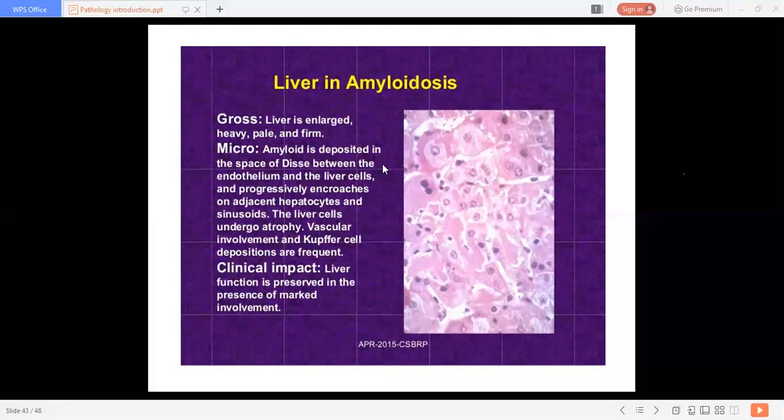The deposit starts from the mid-zone of the lobule and then appears in the space between the sinus endothelium and the liver cell. So the deposits start from the mid-zone, the mid part of the lobule. You can understand the lobule, how it is the radial arrangement of the hepatocytes. All of you know the structure of the lobule. The deposits start from the mid-zone of the lobule and then appear in the space between the sinus endothelium and the liver cell. Afterwards, there is pressure atrophy.